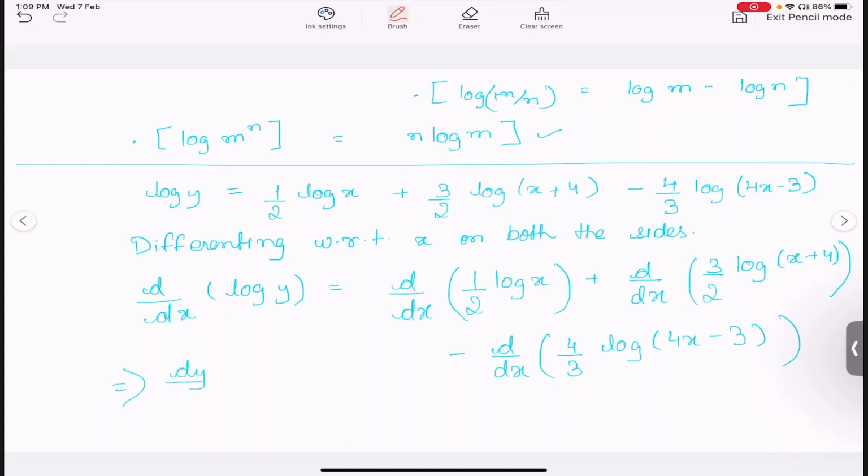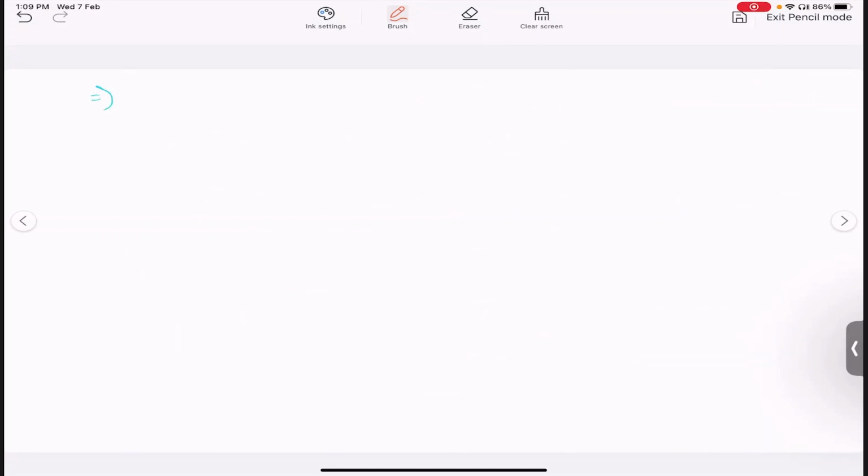So using the chain rule, it will be d by dy of log y times dy by dx, which will be equal to... it is not clear here, so let's move to the next page. This will be equal to d by dx of... sorry, dy of log y times dy by dx will be equal to